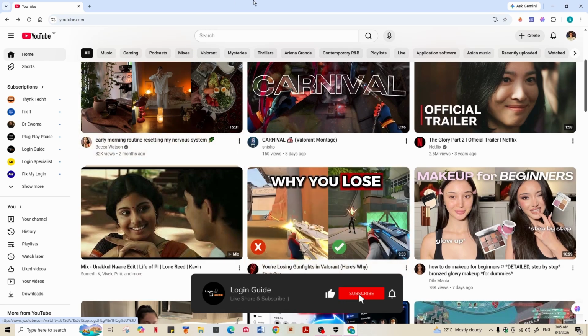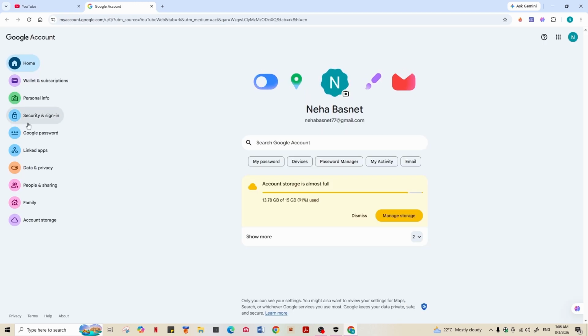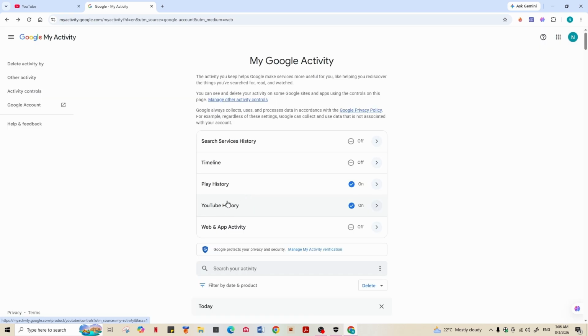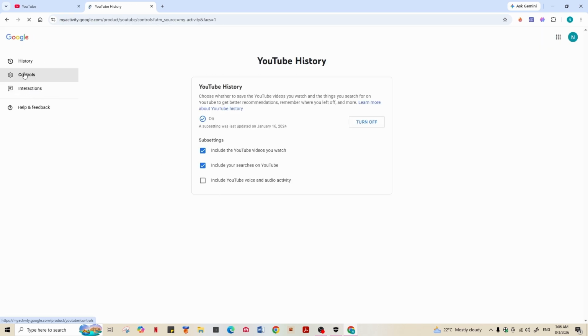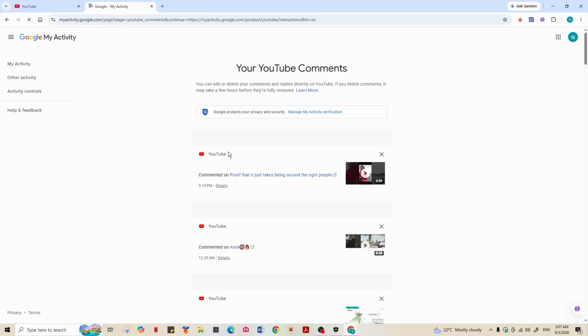So go to youtube.com, then select the profile picture icon in the top right corner, then select your Google account. This will take you to a new tab where you need to go ahead and click on the option of My Activity, then select the YouTube History option. Here, go to the Interactions option from the left-hand side. Now under Video Interactions, you'll get the option of Comments and Replies. Go ahead and select it, and then you'll be able to view all the comments that you've made from your